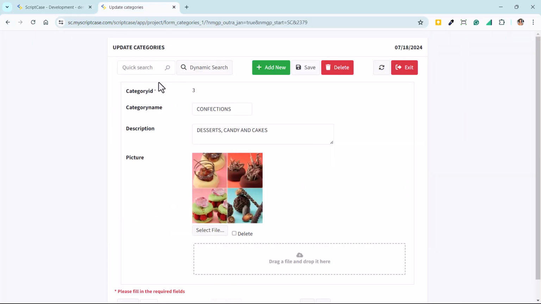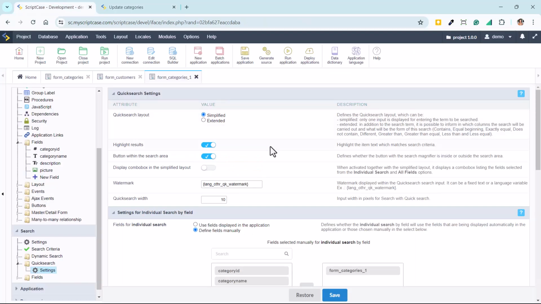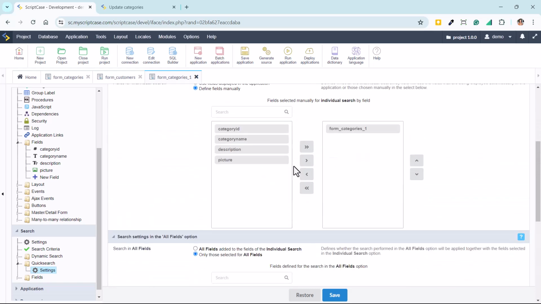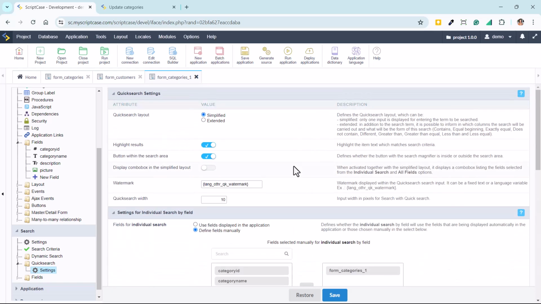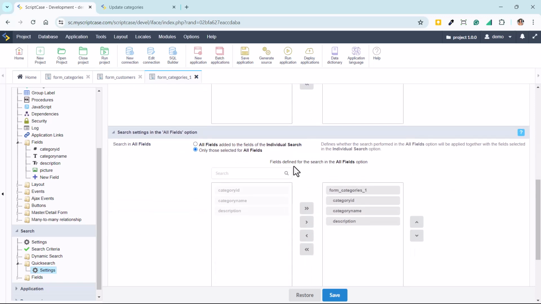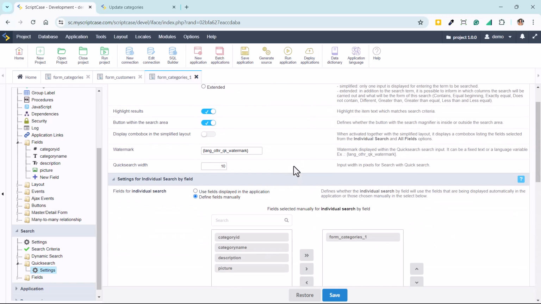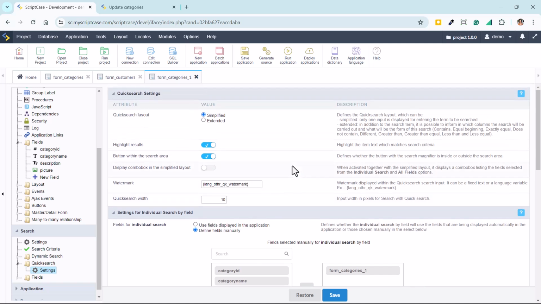So it will make the visual here simpler, okay, and the final user will not know the details. You will define the details. So it's up to the developer to choose here the options for the individual fields and for the all fields option. Okay, so this is the options for the quick search and the dynamic search of the form application. So those are the options for the dynamic search and quick search for the form application.